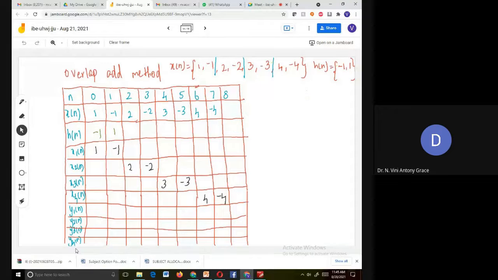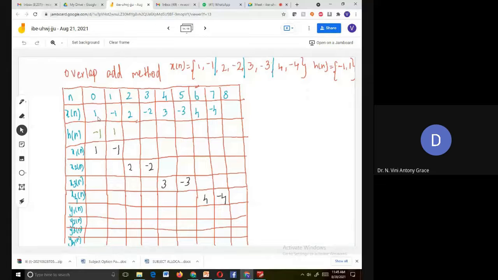y of n I have to write. Okay, and since the final output y of n is going to have 9 samples, please draw this and then start solving it. So n, we are arranging it from 0 to 8, and we have written x of